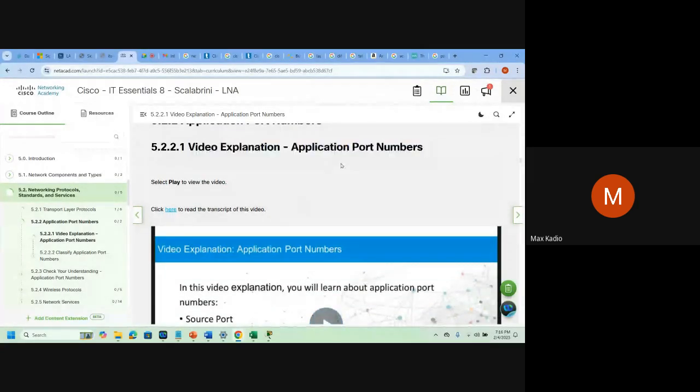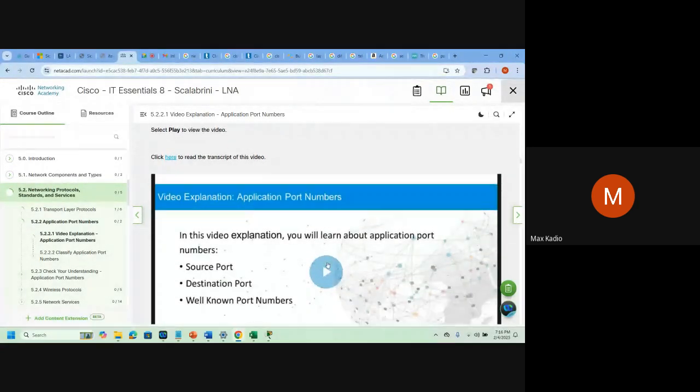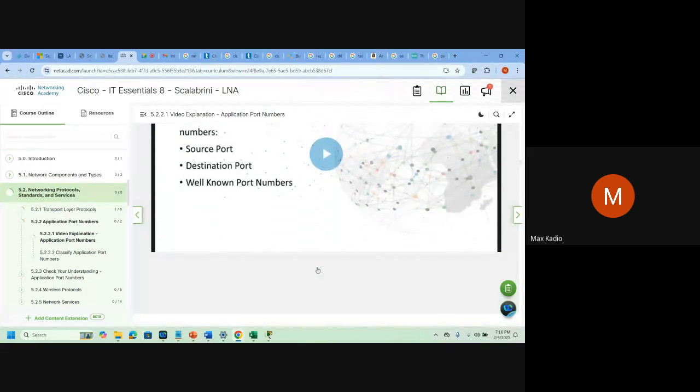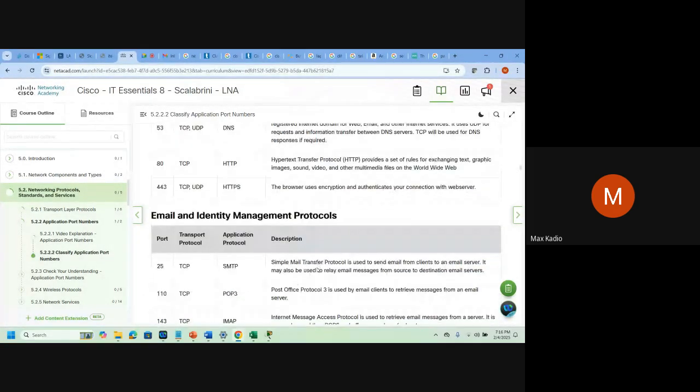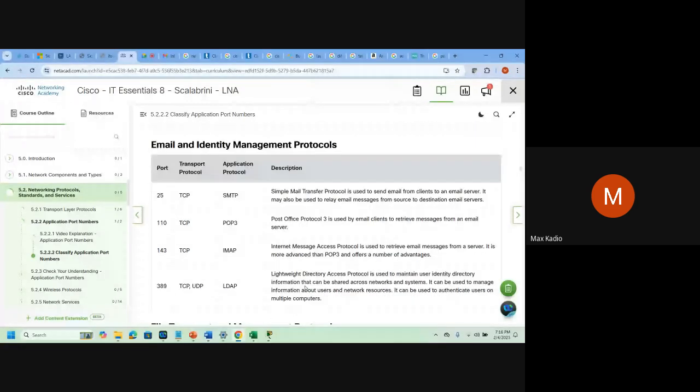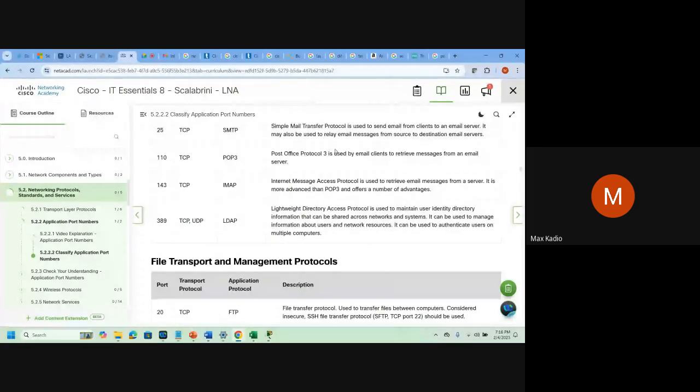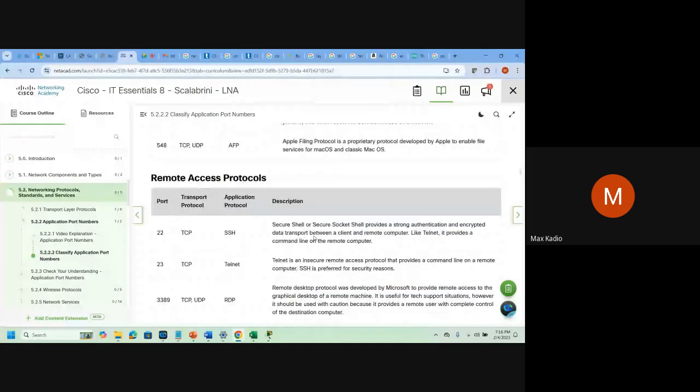You call them also port numbers. So you can watch it to have only an idea, that's all. Don't stress too much because this one we studied in 3 months at CCNA. So here we're just preparing you, just to give you an idea. We are introducing you to some stuff. That's all. No need to memorize.